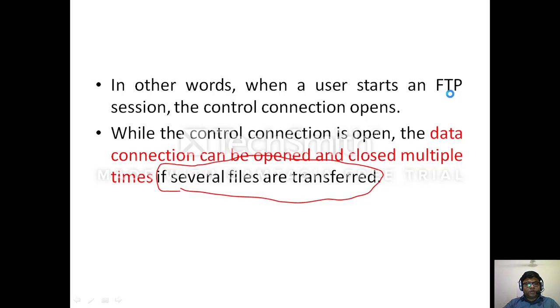But if we need to transfer multiple files, then first a control connection will be established one time, and the data connection will be established as many times as the number of files. Means if we have to transfer 3 files from client to server, then the data connection will be opened and closed 3 times.